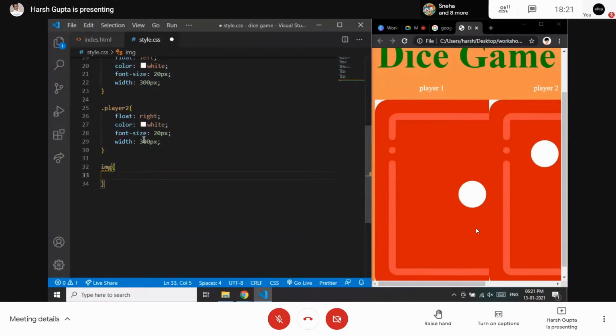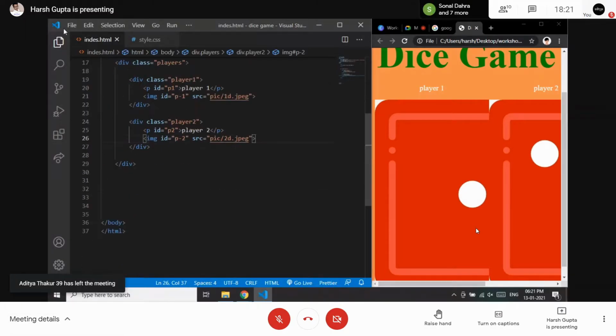So I have written the image tag here. As you can see in the index, oh, I wrote the index, not index. Okay, I will change it later, but it will work. It will work because we don't need to change the name. It should be same as extension. So we have the correct extension.html.